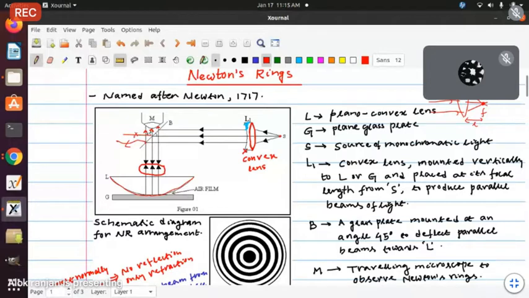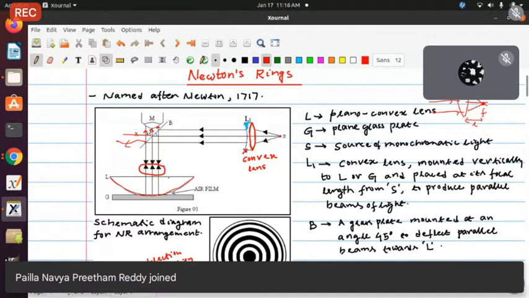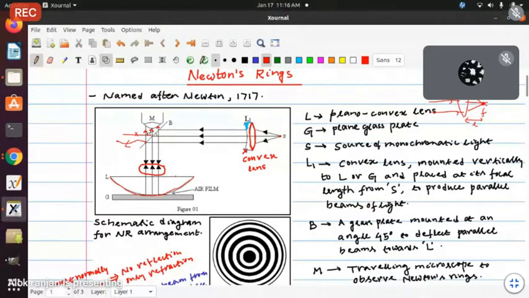Okay. So therefore, this thing. So now what will happen? So this beam will travel downward, and since the angle between this plain glass plate and this horizontal monochromatic beam is 45 degrees, the beam which travels downward will be incident normally on the plane side of